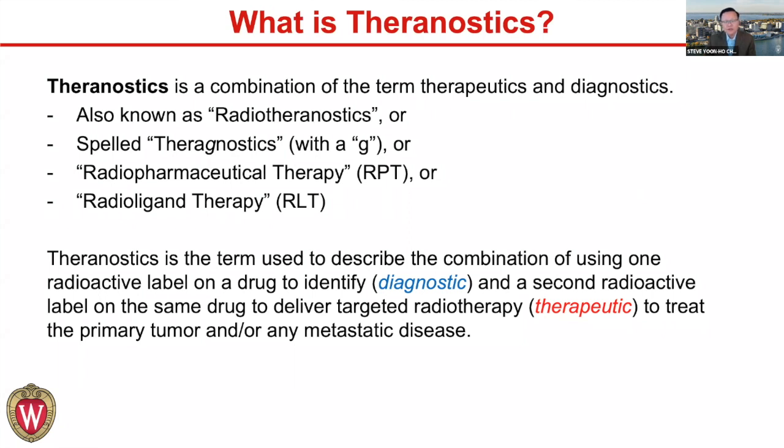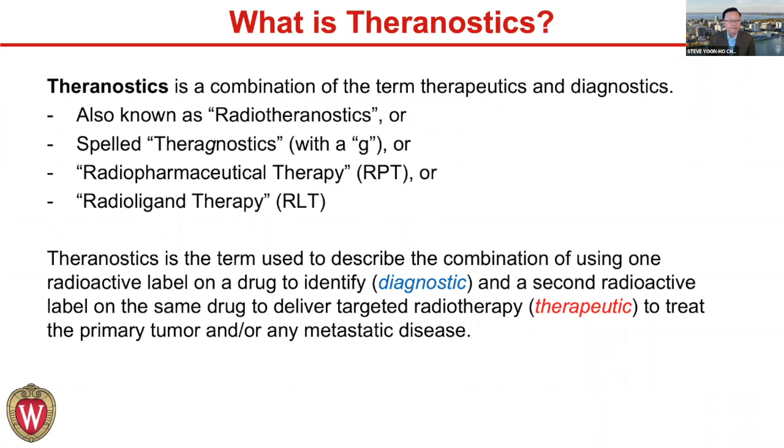It's known by multiple other names, which you may be familiar with, and it really talks about the same process. It can also be known as radiotheranostics, talking specifically about radiopharmaceuticals or radioactivity with theranostics. There is an area of theranostics that does not involve radioactivity, but that's a different area. For most purposes now, theranostics really implies radiotheranostics. Some people spell it with the G, other people spell it without the G. And radiopharmaceutical therapy, radioligand therapy, and what other people call peptide receptor radionuclide therapy, or PRRT, are really referring to